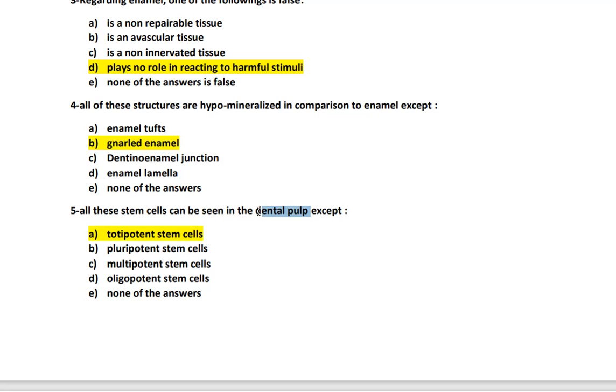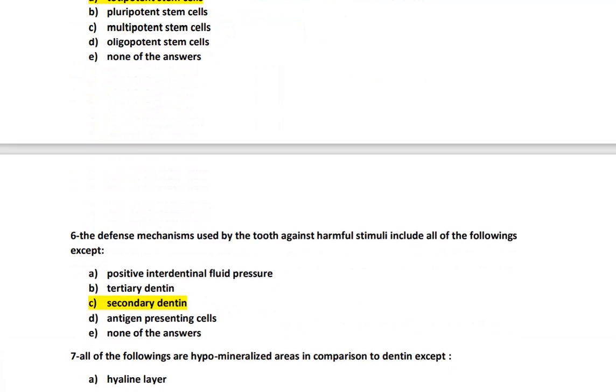أوكي، فأنا بدي stem cells إنه to differentiate ل cells related to dental pulp اللي هم زي fibroblasts زي antigen presenting dendritic cells زي الأودونتوبلاست. أوكي، فأما التوتيبوتنت ستيم سيل بتكون لي الإنسان كامل، فليش أنا حتى بدي إياها تكون موجودة في دنتال بالب؟ فاهمين كيف؟ أنا بس بدي سيلز تكون موجودة إنه لما تتميز لسيلز تعطيني دنتال بالب، ما تعطيني إنسان كامل. عشان هيك التوتيبوتنت ستيم سيلز ما بتكون موجودة في دنتال بالب.